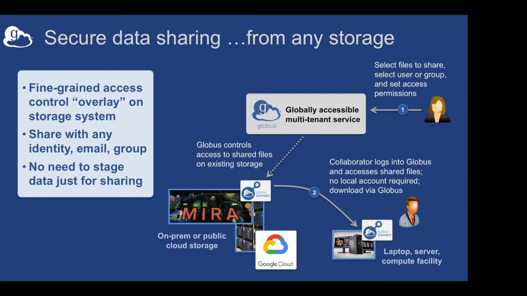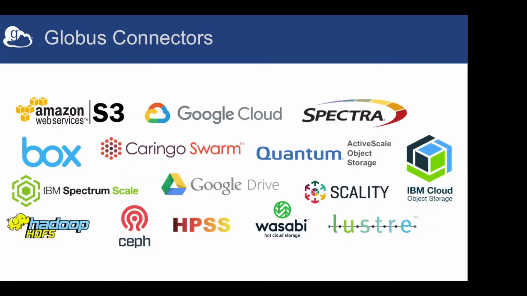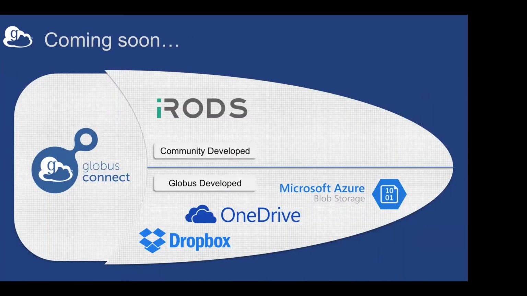So those are really the core services that most folks use. And I mentioned we connect a lot of different types of systems, and make them all look the same from the perspective of the end user. This is just a current list of some of the systems that you can get connectors for and deploy, in addition to standard POSIX style file systems, which are everywhere. And we have a few more in development. In particular, we're very close to releasing a connector for iRODS, and we also have Microsoft OneDrive in the works,